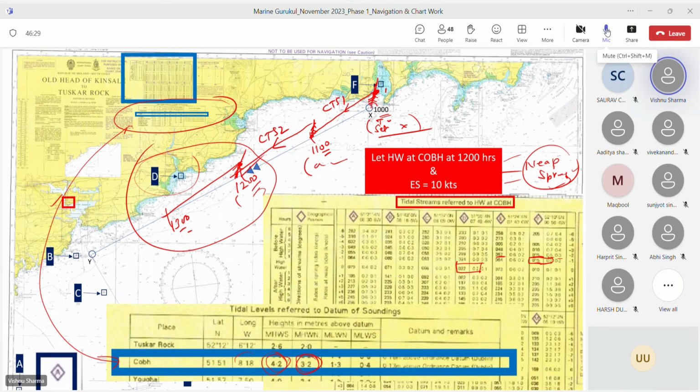He will have to give it, otherwise how will you do it? How will you know which one to use? So he'll basically give you whether it is neap or spring tide. If the question doesn't give it, you can say since neap or spring is not mentioned, you are taking it as spring tide. But you have to mention what you have assumed, right? You have to mention it.